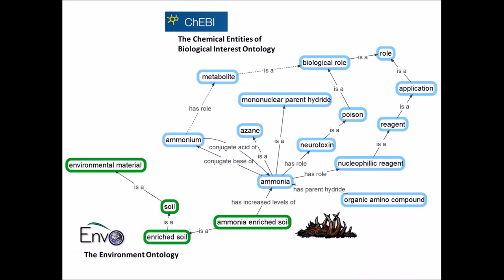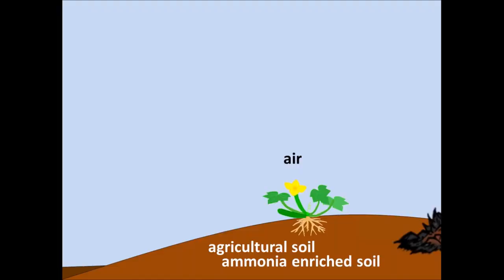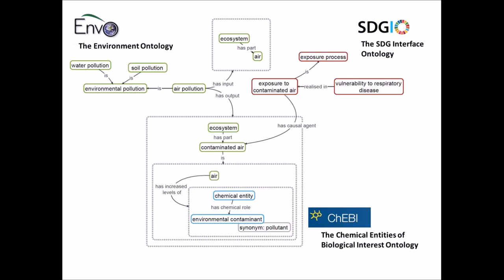And its role as a neurotoxin, its role as a fertilizer, and its chemical properties are captured there. So again, you can access that information, or you know what the consequences of observing that could be. Now, this is infrastructure. One can think of it as infrastructure on top of which developers can build tools to take advantage of this encoded knowledge. Right. The same is true of the other material, air.